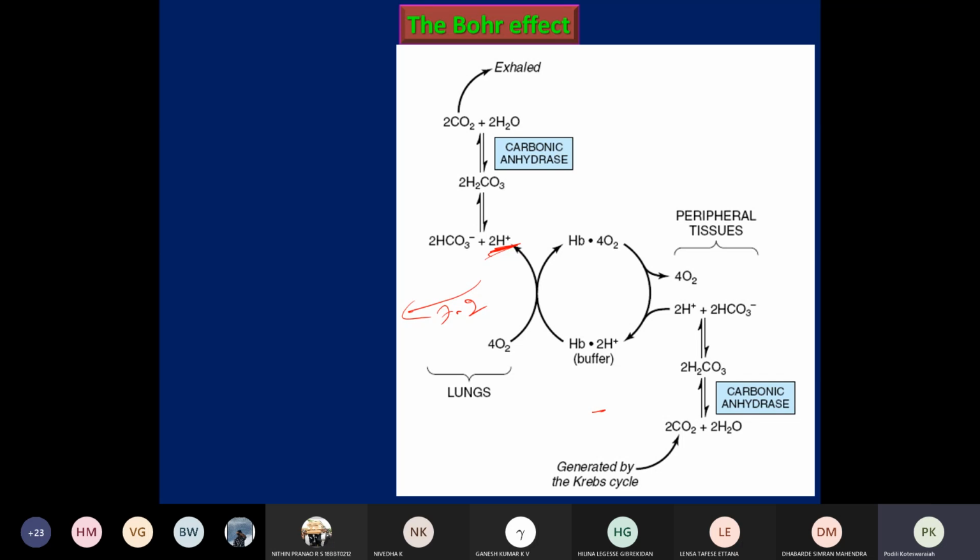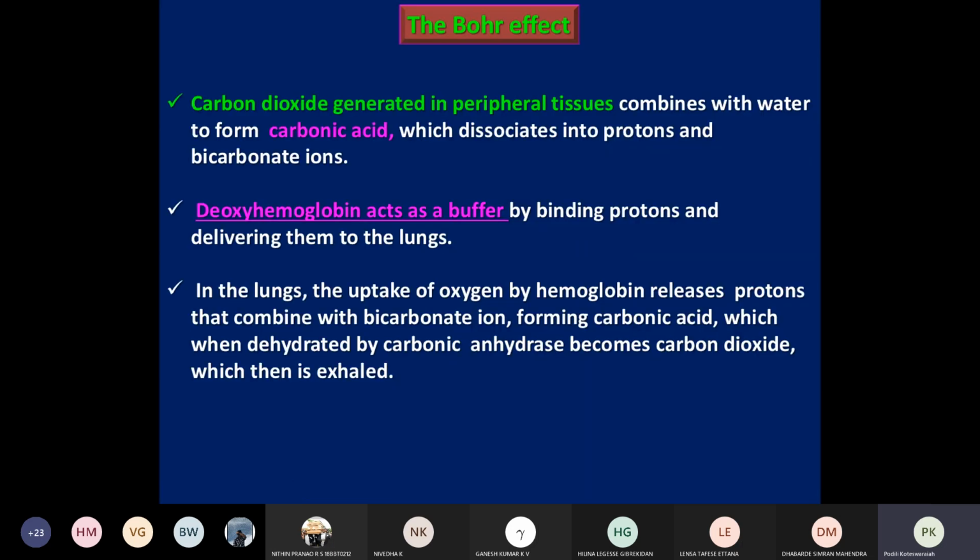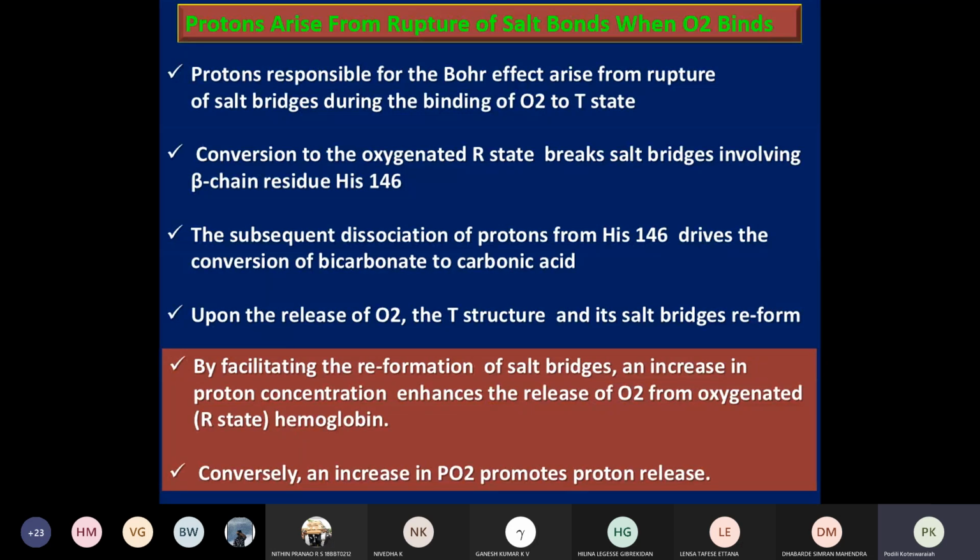the pH is 7.4. So these H plus ions are responsible, and this lowered pH reduces the hemoglobin affinity towards oxygen. As a result, hemoglobin unloads more oxygen near the tissues. So if you look at the molecular basis